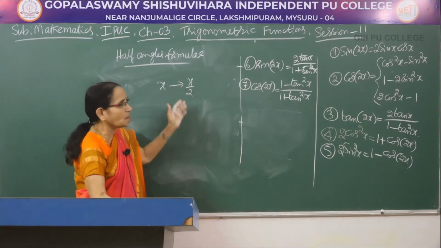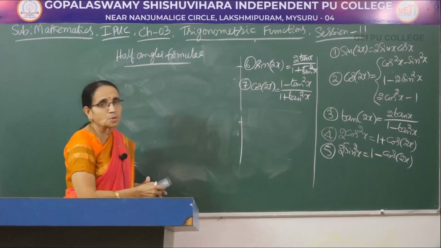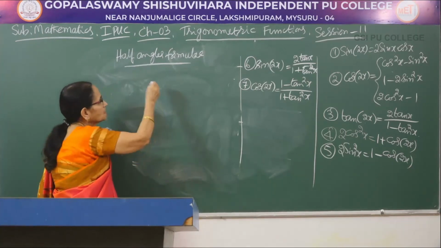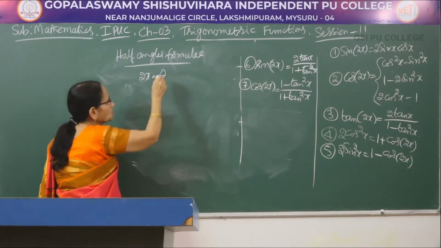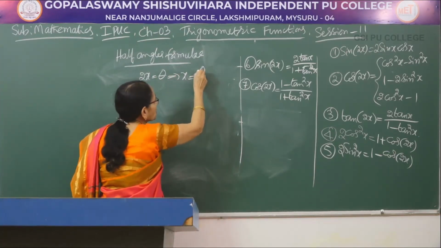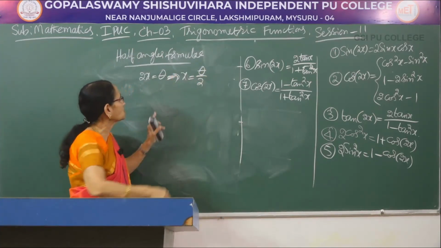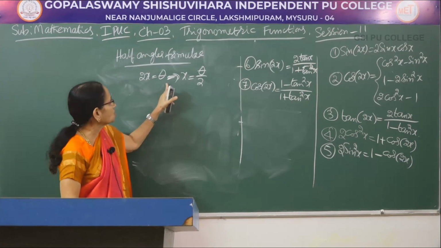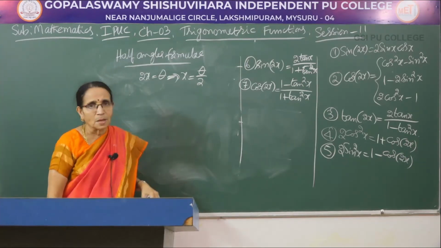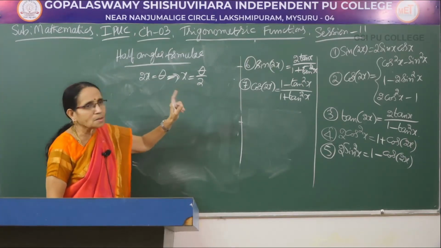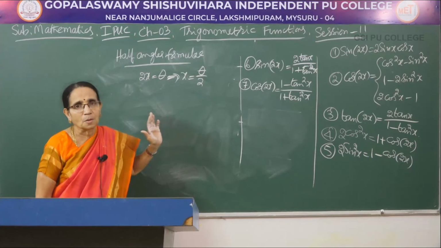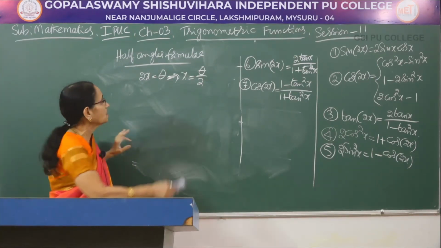Okay. So, if you use the same x, it may be confusing. I am using another letter to denote the half angle formula. See, suppose I take 2x to be equal to theta. Let me consider. Then, what happens to the value of x here? X becomes theta by 2, isn't it? When 2x is replaced by theta, taking 2 to the right hand side, x becomes theta by 2. Now, in all the 7 formulae, you replace 2x by theta and x by theta by 2, we get another set of 6 formulae. They are called half angle formulae.